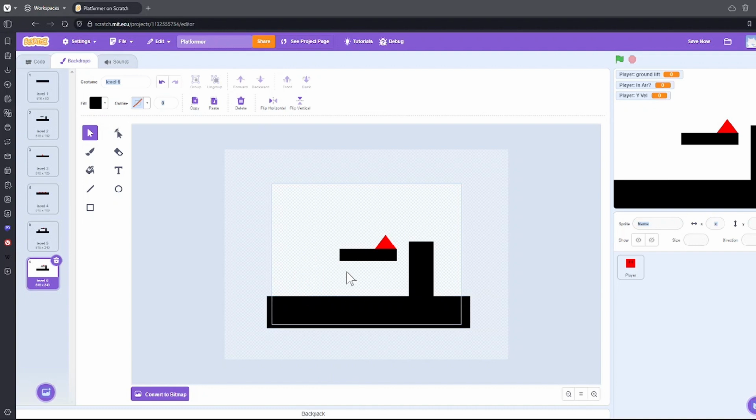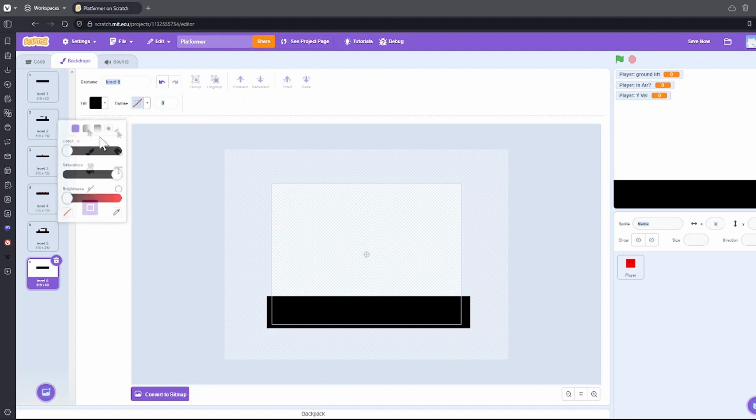So let's go ahead and delete all this stuff. We're gonna make a red rectangle in the ground. Make sure it's a little off the ground so that if the player touches it, they will die, and that it's not in the ground so that the player can't just go right over. And then for level 7,